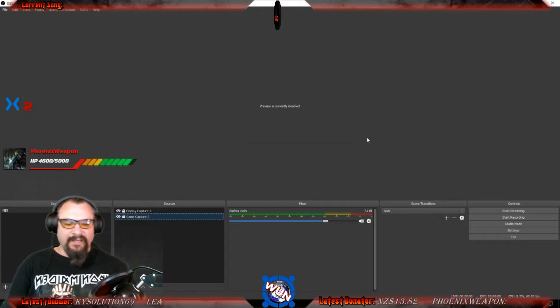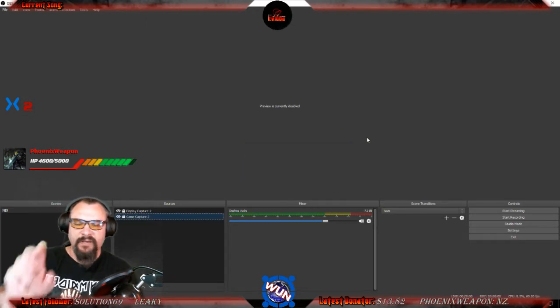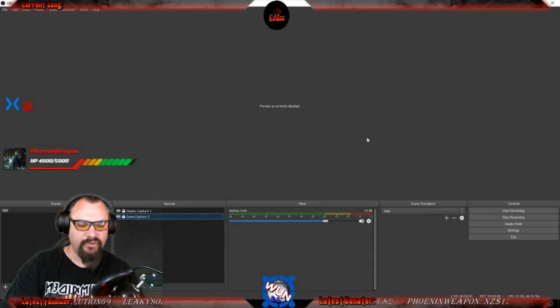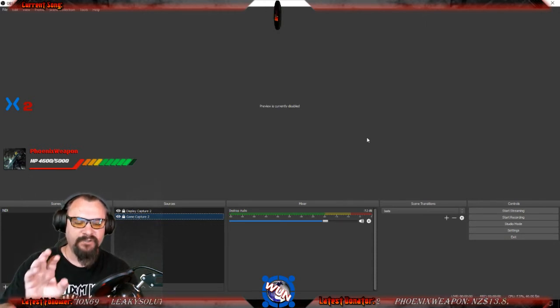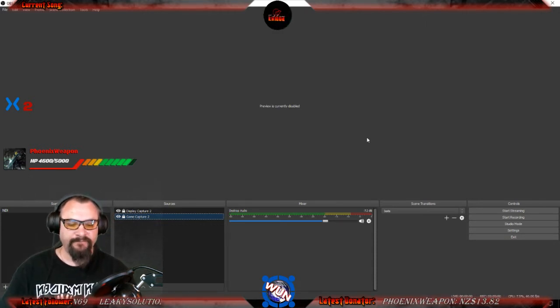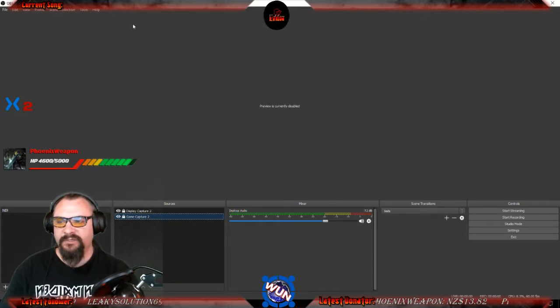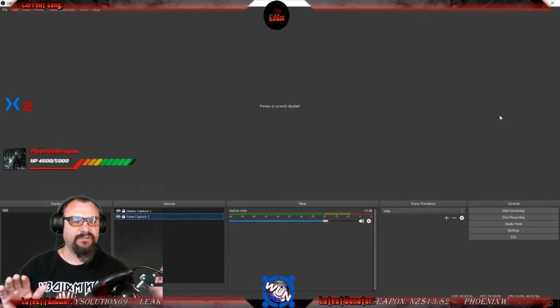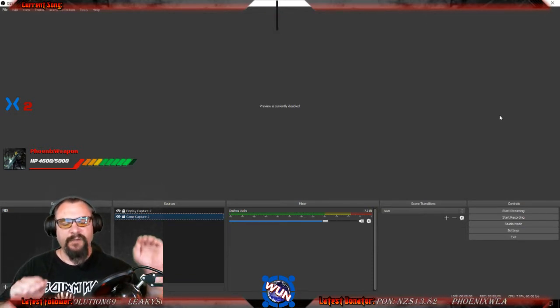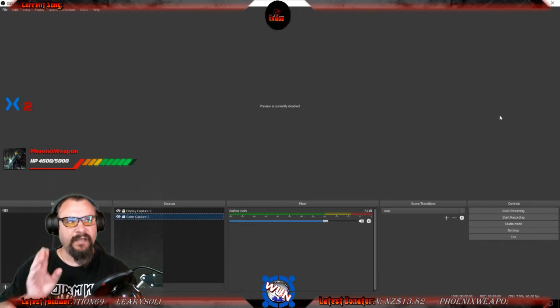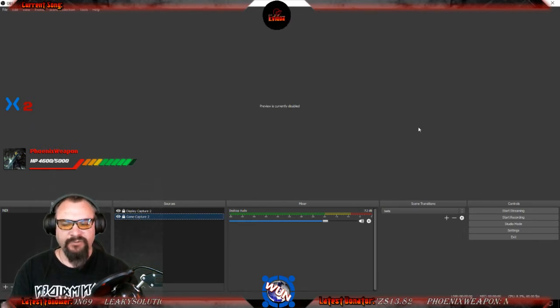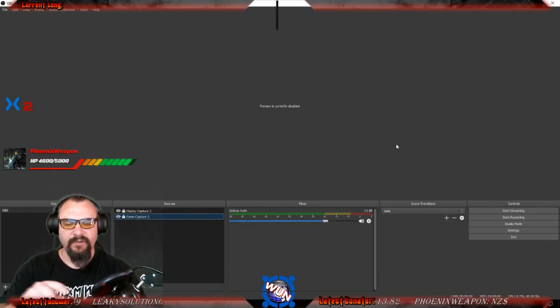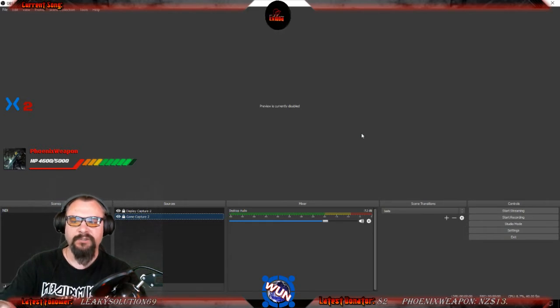Now what that does, it means that whenever you open OBS on your gaming rig, it is automatically capturing. So you don't need to connect it to anything else. So essentially what this means, you have to have a version of OBS on both PCs, so on your gaming rig and on your streaming rig. To capture your gaming rig and send it to your streaming rig, you need to have on your gaming rig